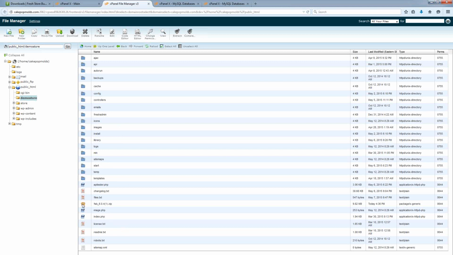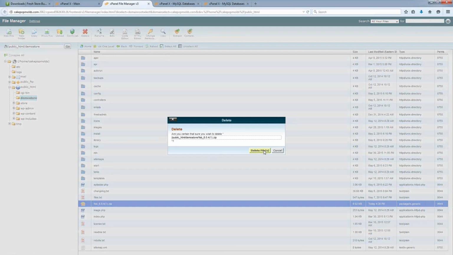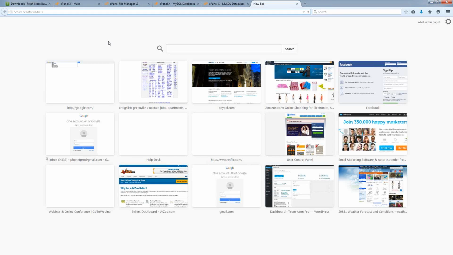All you need to do now is to take that zip file that you uploaded and delete it. So just right click and click on delete this time and confirm the delete. So now we have all of the files on our website, but we don't have that installation file there anymore because we don't need that any longer. Once we have the software set up and the database set up, we can then proceed